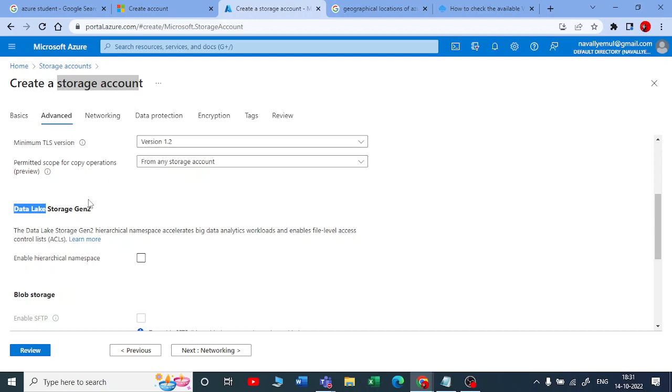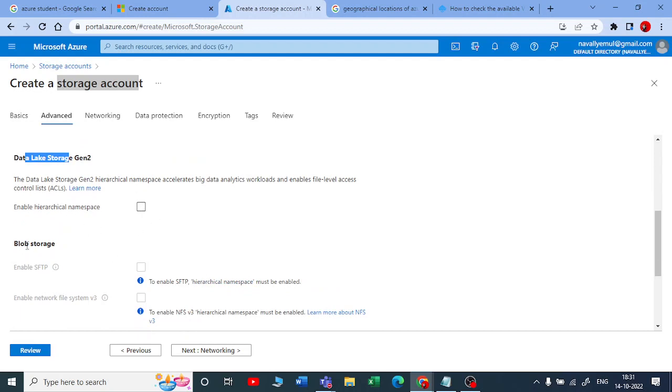There is a simple and small difference between your blob storage and your ADLS. If you want data lake storage, you can enable this, or if you want blob storage, you can just ignore this and proceed further.